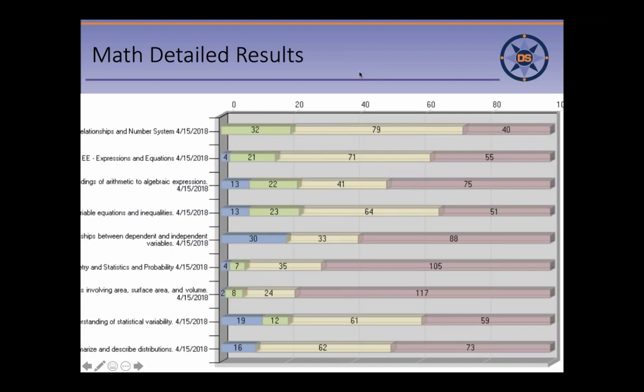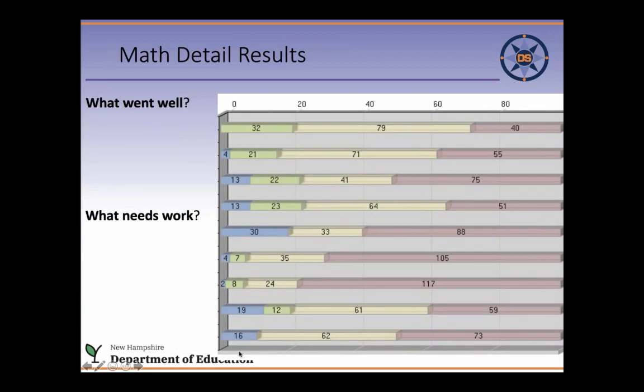This is a Performance Plus report. It's one of the ones that Mike makes and will send to you. This is 6th or 7th grade, I'm not sure. Here's a reporting category and these are the clusters. If you look at this report, you could say, okay, blue is high, red is low. How did my students do? What was the strength for my students? Anybody want to take a stab at that? What was the strongest area?